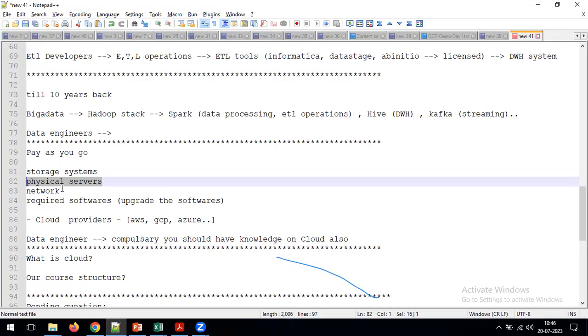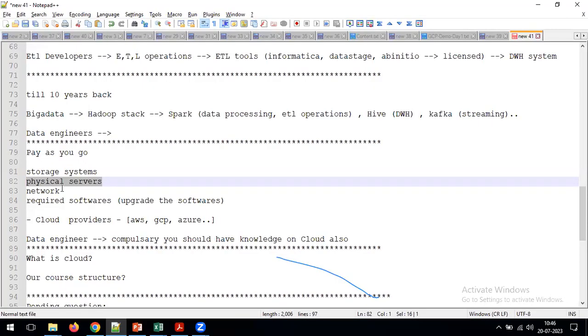But if you are going to maintain all the servers in the physical mode, then we need to maintain all these servers, whether you are using them or not, you have to maintain all the servers by purchasing. But if you are going to use the cloud, we are not maintaining anything physically, and whenever you don't want to use any kind of server, we can simply switch off the server. With that, no need to pay any extra amount if you are going to use the cloud. That's the reason nowadays most of the companies are migrating to the cloud for the purpose of saving the cost.